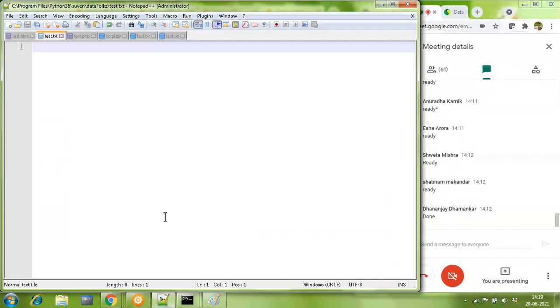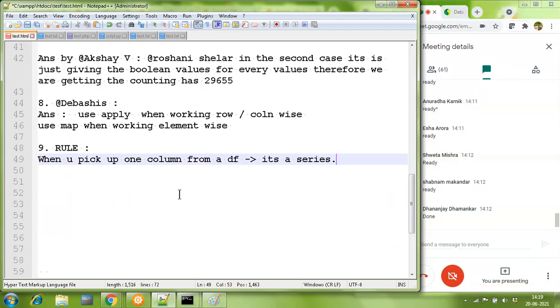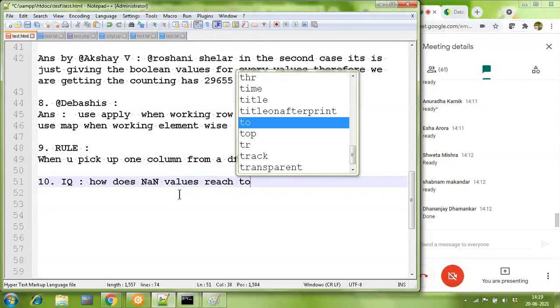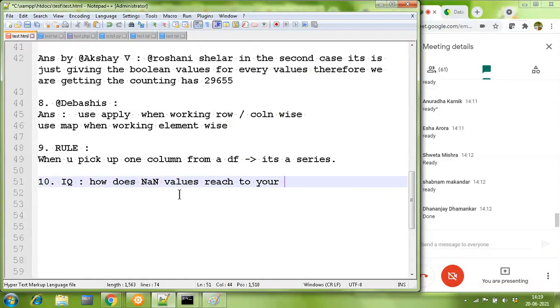So the primary question I'll frame is: how do NaN values reach your data set? Because I don't think a human operator will sit back and enter NaN. He can keep it blank. He can enter some nonsense. He can enter some zero.